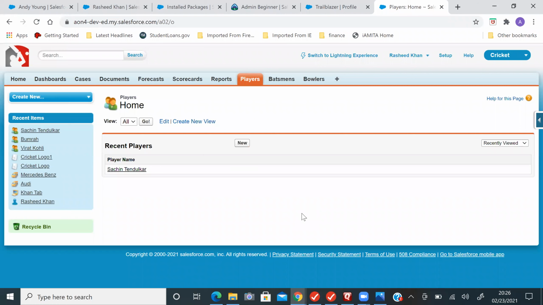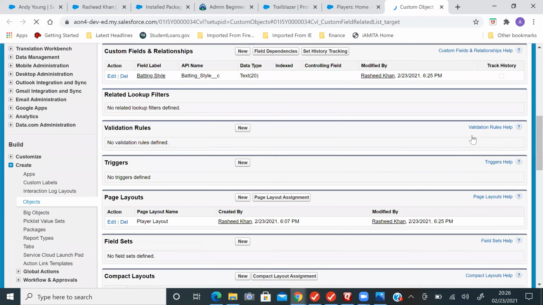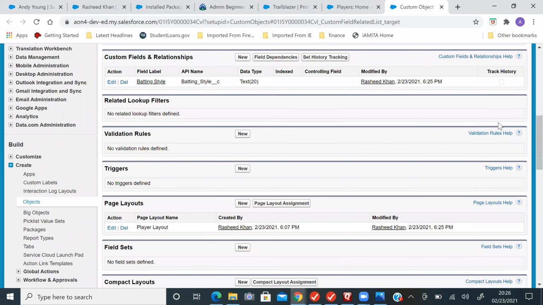We have created two fields. Now we will be creating one more field here. You can use the shortcut, Rashid. Click on view field, or new field. So you got how to go to setup and all, because we are using the shortcut right now. Again, custom fields and relationships.